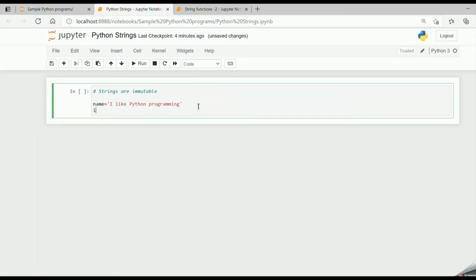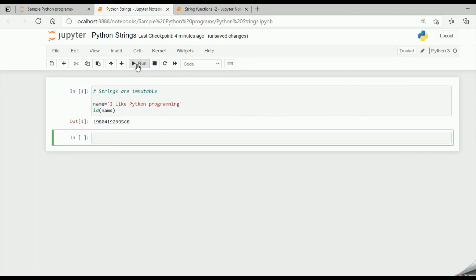Now when I say id of name, it will give the memory location where name is being stored. So if I run this code, I get the memory location as 1980419299568. The last three digits end with 568.